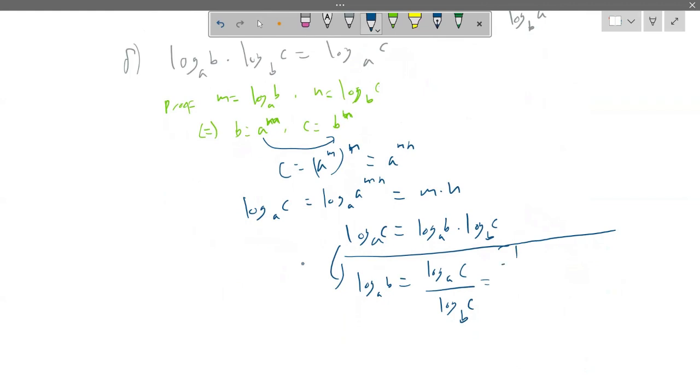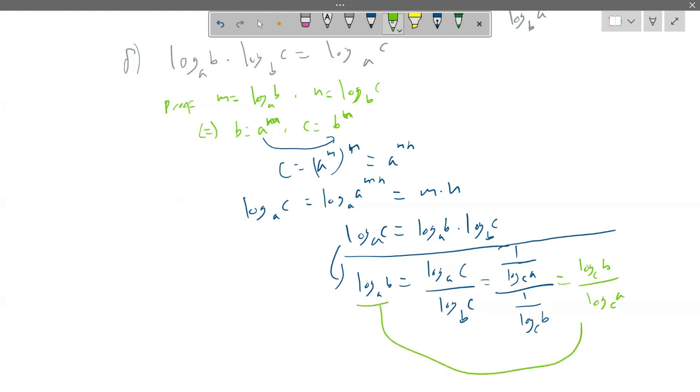reciprocal of logarithms. So log c base a here is equal to 1 over log of a base c. And same goes for the denominator, which is 1 over log of b base c. And doing this gives us log of b base c over log of a base c. So this is another one of the change of basis formulas,